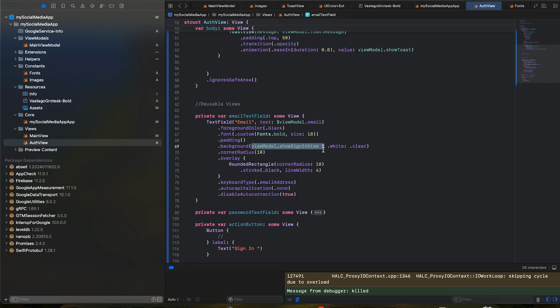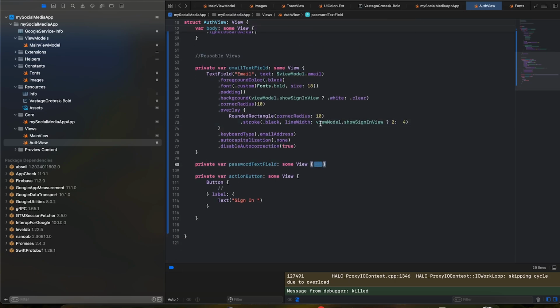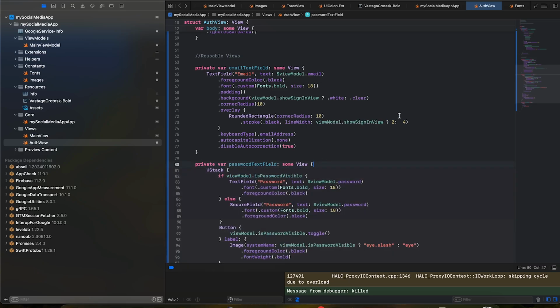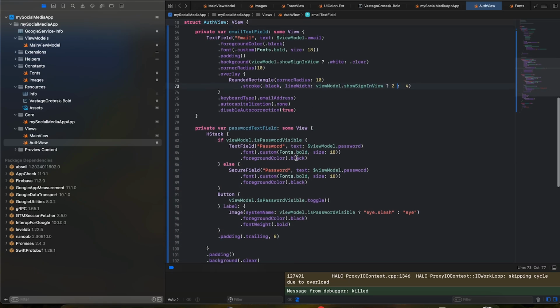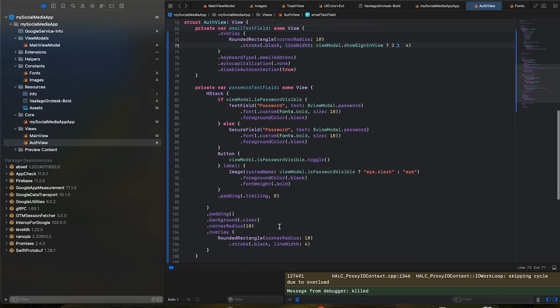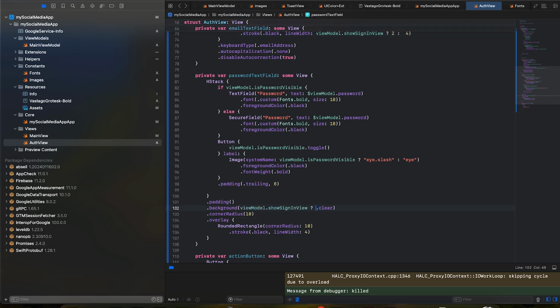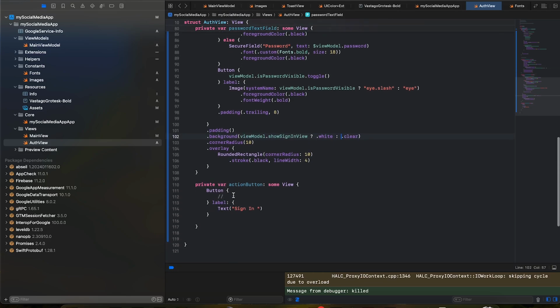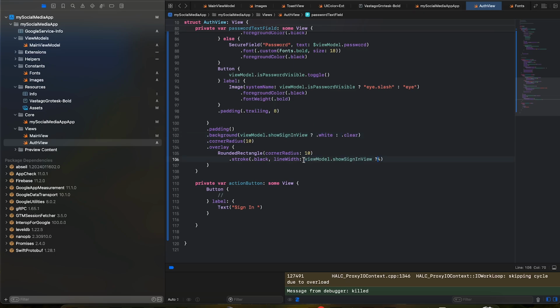And similarly we could use this ternary operator to give it a value of 2 or 4 on the basis of line width. So what line width it wants, we could use that accordingly. And similarly I think here inside background we could do this, and we can have white like this, and for the line width, we could have this